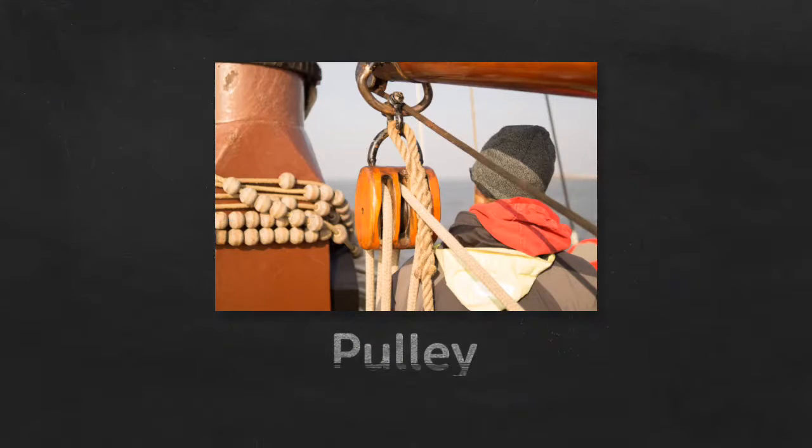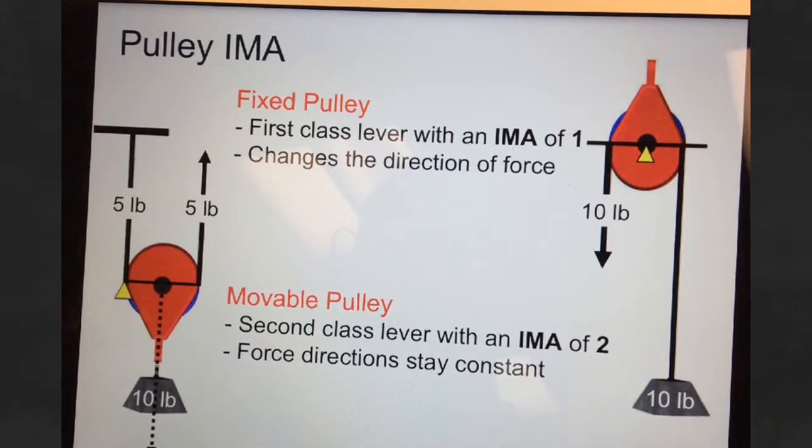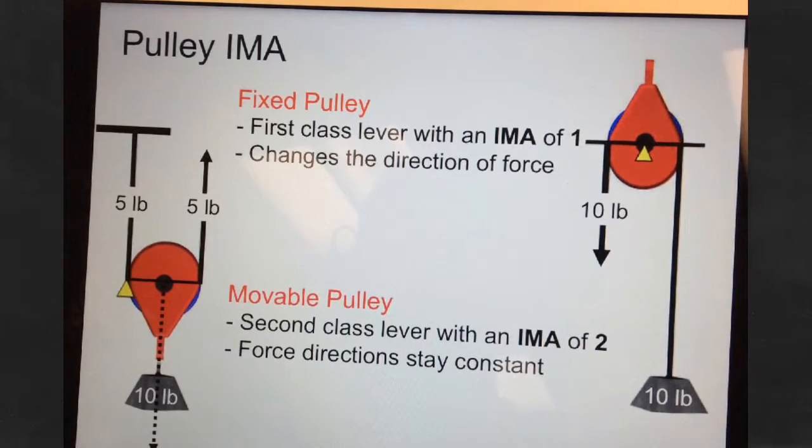A pulley is the last simple machine that we will learn today. However, this might cause the most mechanical advantage out of all of the simple machines. You can combine many pulleys to increase your mechanical advantage. To calculate your ideal mechanical advantage for the pulley, you need to realize if it is a fixed pulley or